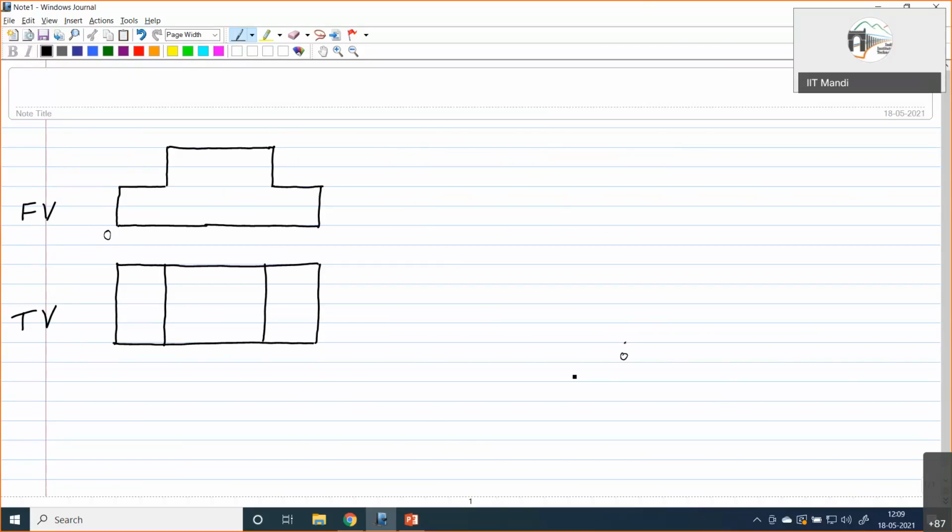So this length part will go along one 30-degree inclined line, and this height part will go along one vertical line. This depth part will go along another 30-degree inclined line. So that is what I'll try to do here.